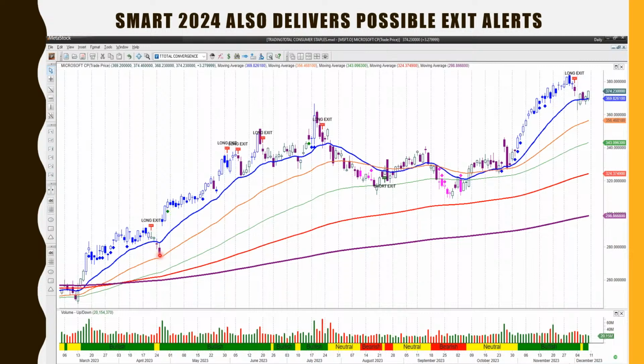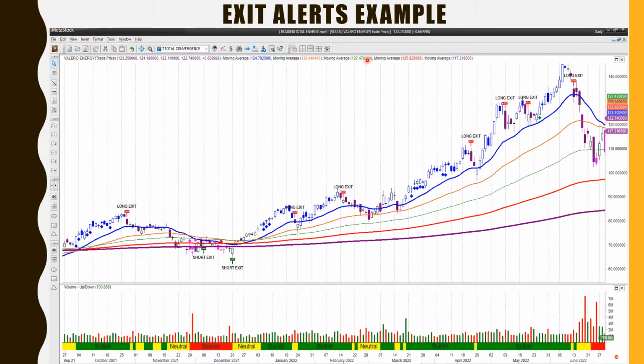Before going too down, too low, right? This is the Microsoft example. We have Valero Energy and Apple to show you with exits right here, entry, exit. This is another exit because you maybe kept half of the size, half of the shares, and you have another long exit to go away, okay? The next